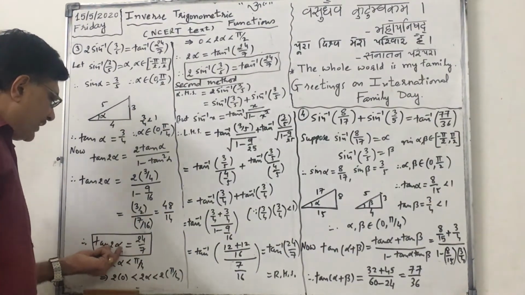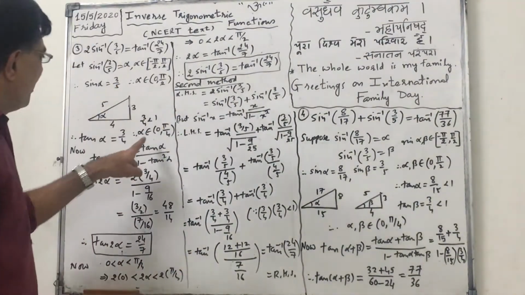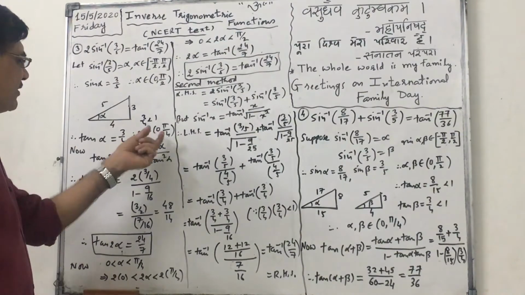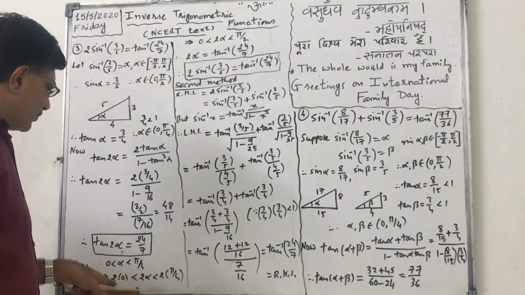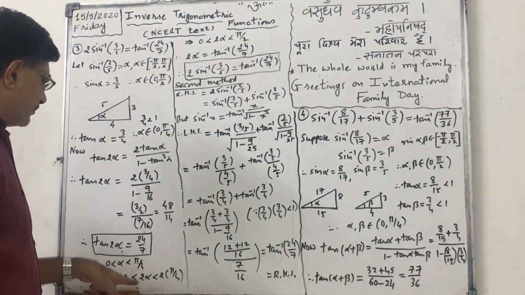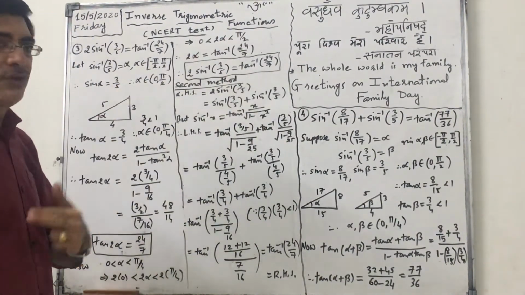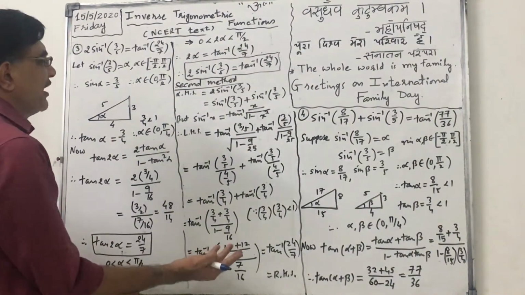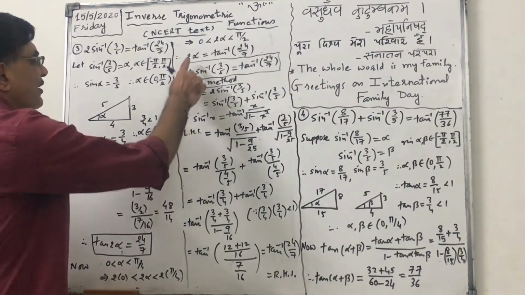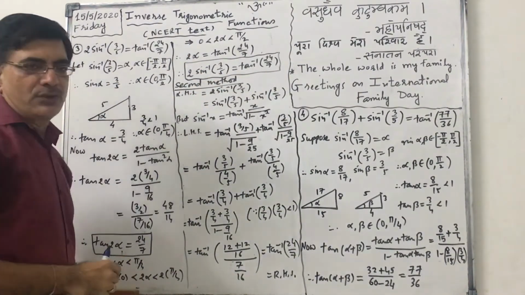Now I have to prove that 2 alpha is in the range of tan inverse. We have already proved that alpha is in the open interval 0 to pi by 4. So multiplying all by 2, 2 alpha will be between 0 and pi by 2. So that is in the range of tan inverse. So we can take 2 alpha equals tan inverse of 24 by 7. Putting the value of alpha, 2 into sin inverse of 3 by 5 equals tan inverse of 24 by 7.